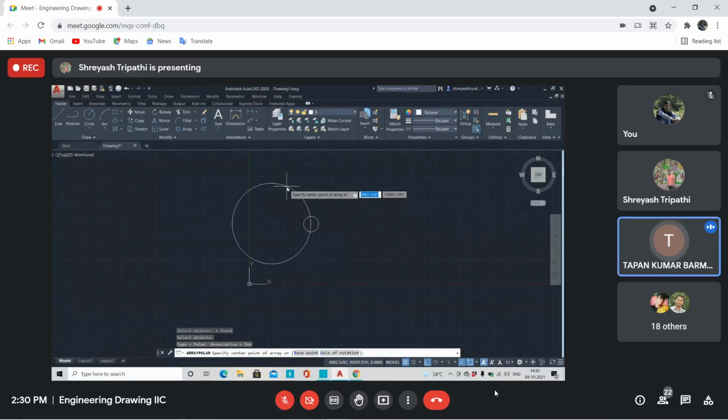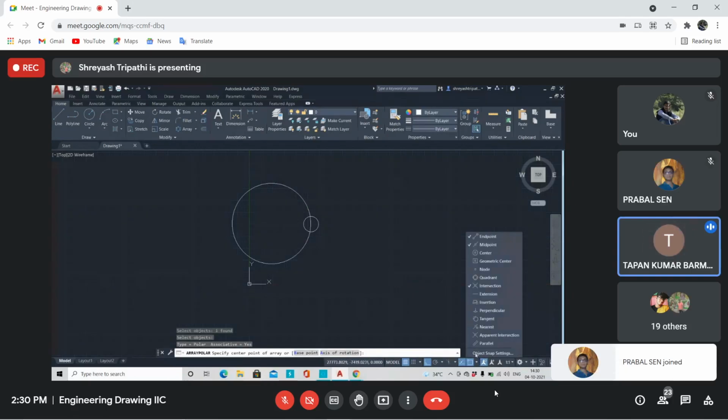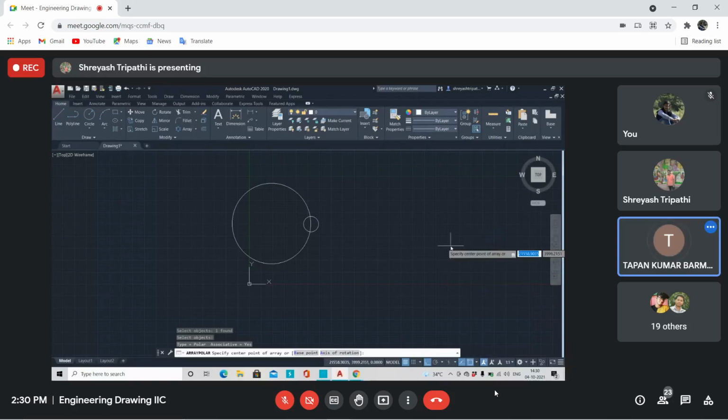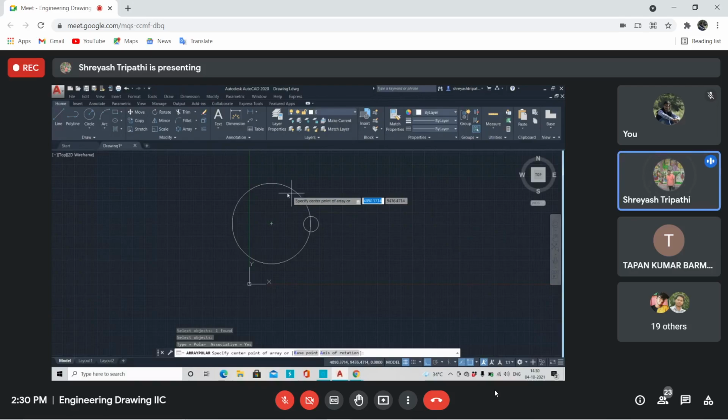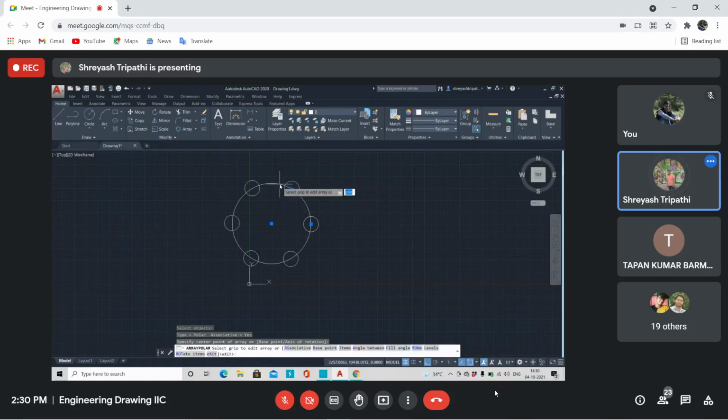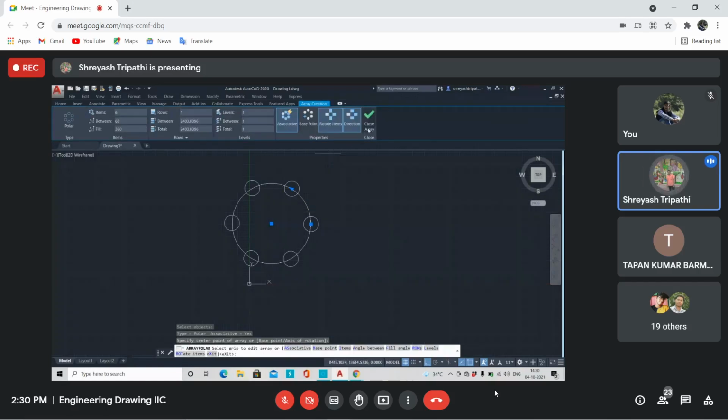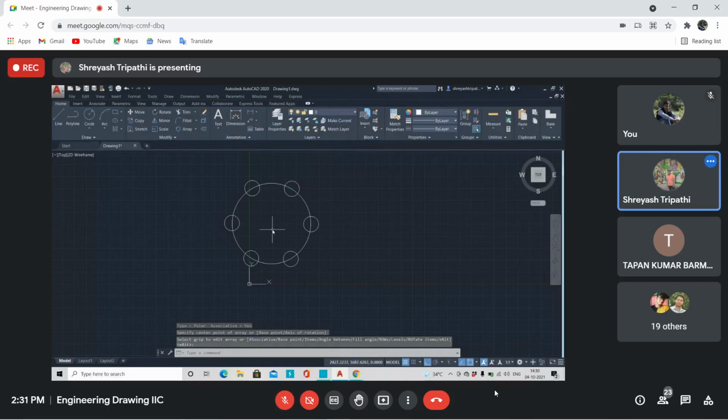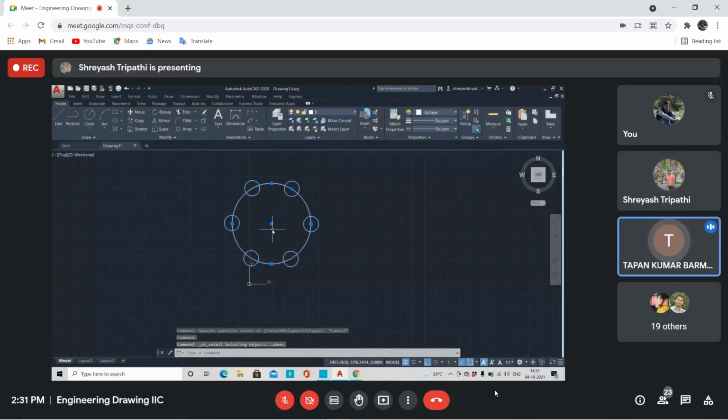Okay, first thing is from OSNAP. You change the setting from OSNAP. Whether center is there? No, center point should be marked on. Then it's showing, but after I am selecting like this, okay, sir, but... No, you need to select accurately that center point.